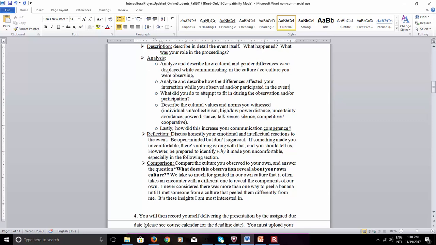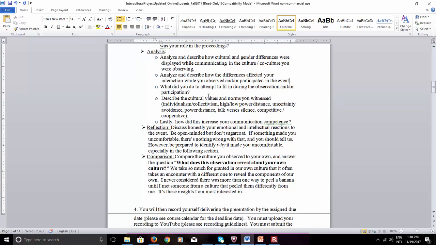That's all of point number 2. That's a big one. Next, your reflection. I ask that you discuss honestly your emotional and intellectual reactions to the event. Be open-minded, but don't sugarcoat. If something made you uncomfortable, there's nothing wrong with that. You should tell us. However, be prepared to identify why it made you uncomfortable, especially